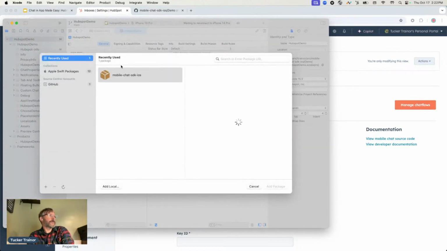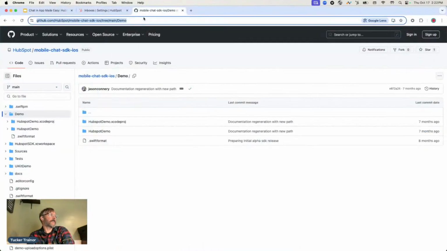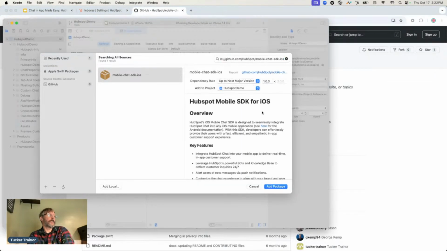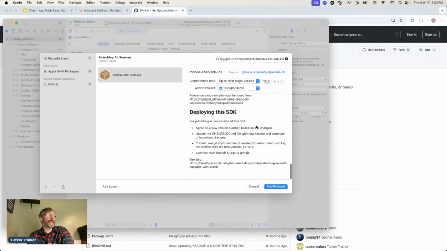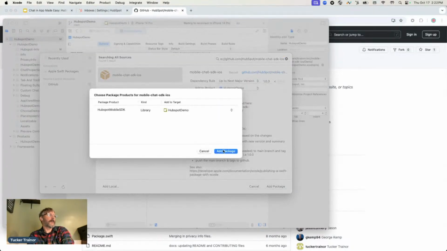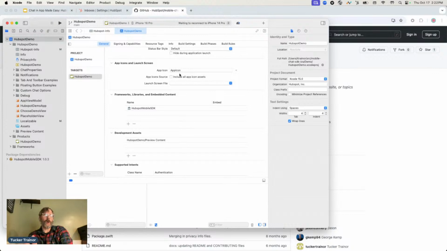It already knows since I've been there, but you can also quite simply search in there and it knows where all this is, has some information. You can get your dependencies, add which project to add to, add package. And I do apologize to seasoned iOS developers if I'm doing something really hacky. I'm sure there are much better things in iOS than I ever will. Anyways, if everything looks good and the gods are smiling upon us,